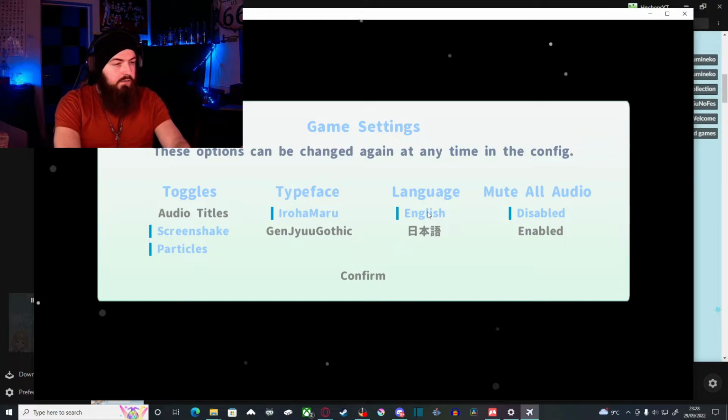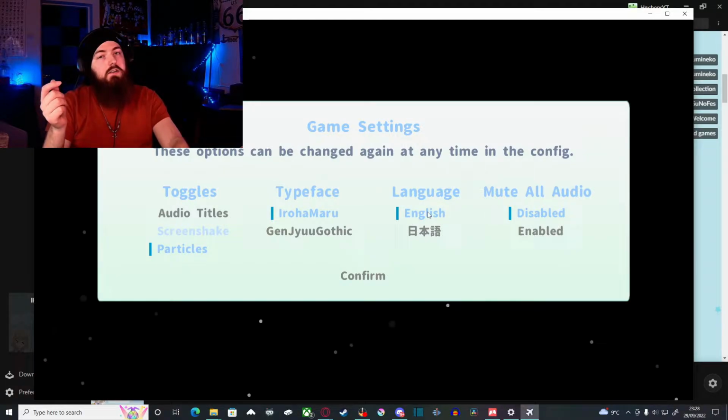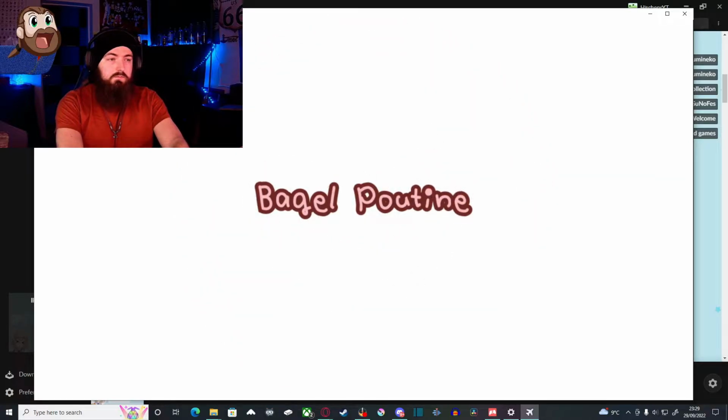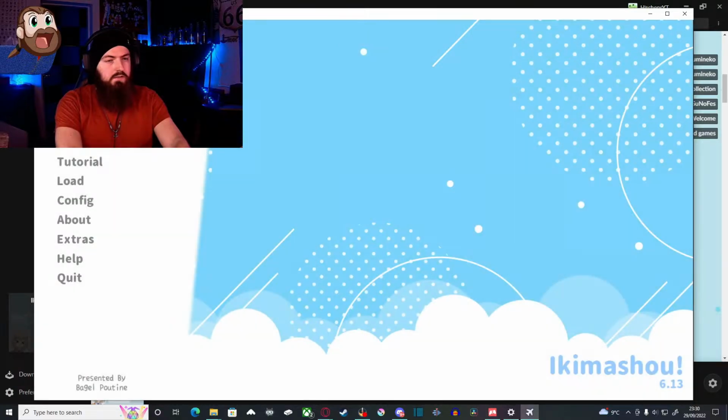It's anime! Ikimashou! I'm trying to figure out what the... Right. First things first on this game. Change that colour. You cannot see it when you hover over anything other than the black. Why is there a mute all audio button? What have you loaded us into? Made with Ren'Py. Is that an IP address or is that...